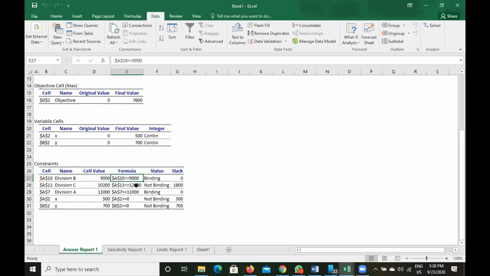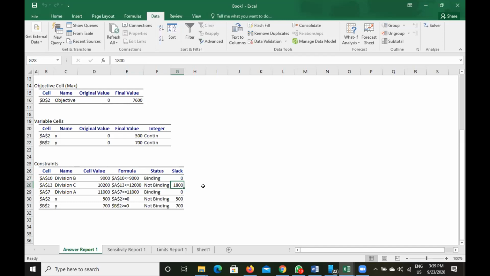Division C is non-binding. Non-binding means this is not critical, because 1,800 labor hours are available. That means 1,800 unused labor hours are available. It's not used.